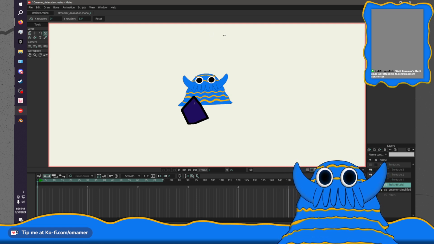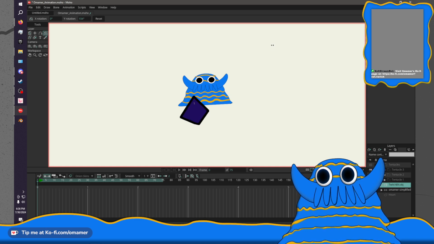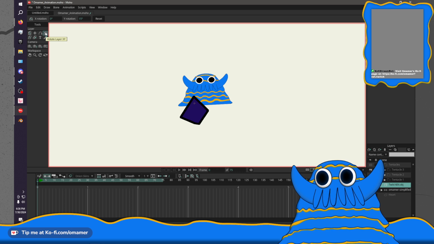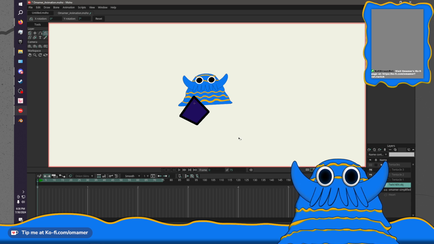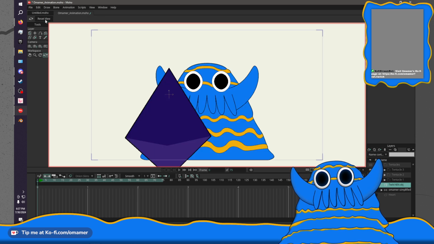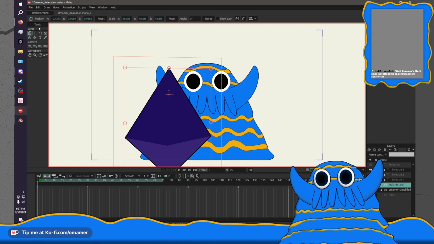Okay, so it's this one right here. This is what we want. What is this layer? Rotate layer XY, perfect. Let's reset view, go back into here, actually, reset U2.